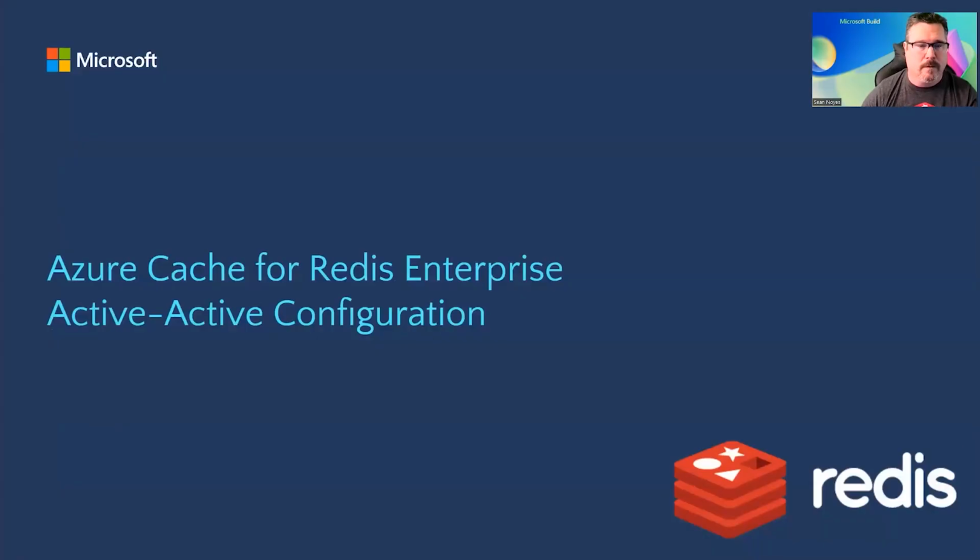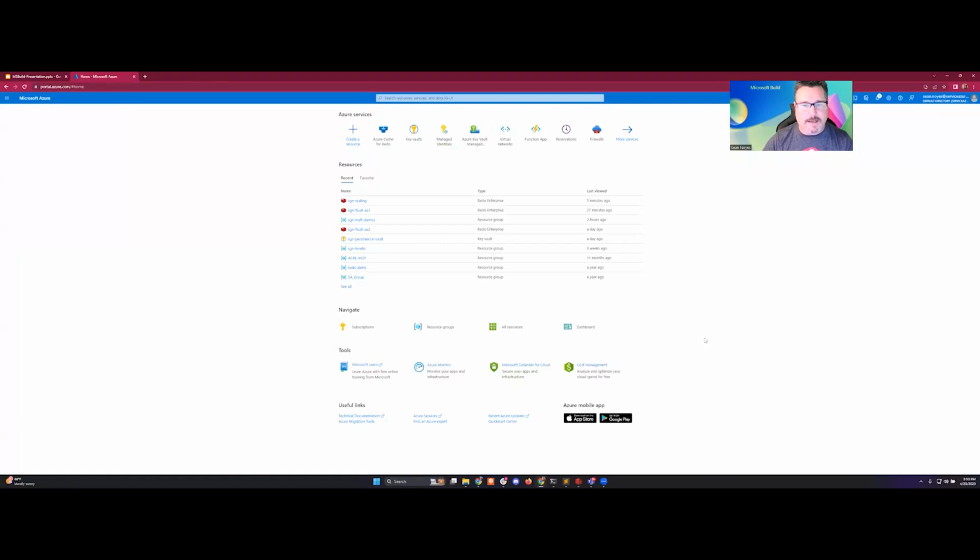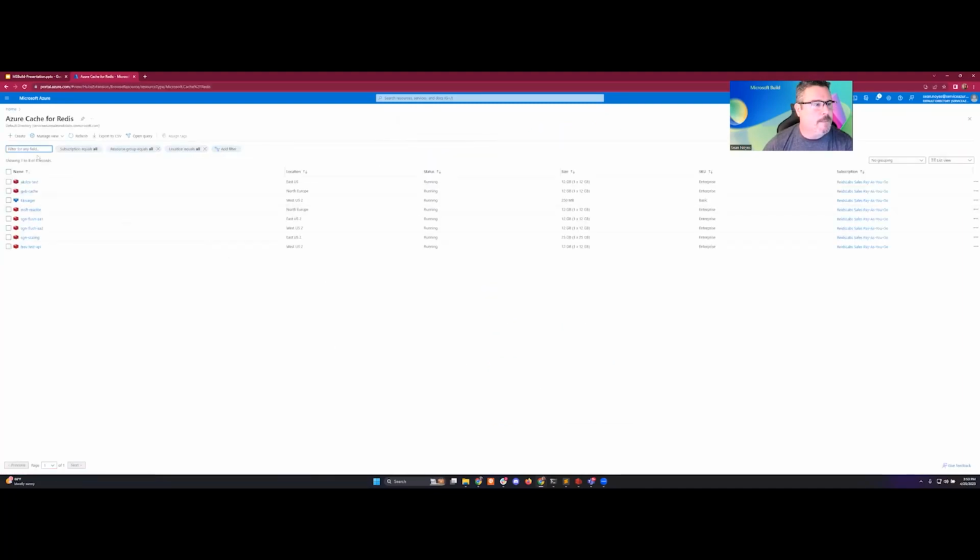So on that topic, I'd like to just take a moment to jump out to our Azure portal and let's see what it looks like to stand up a Redis Enterprise cluster that has active geo-replication. So we go to our portal, we navigate to Azure Cache for Redis. We click on Create,